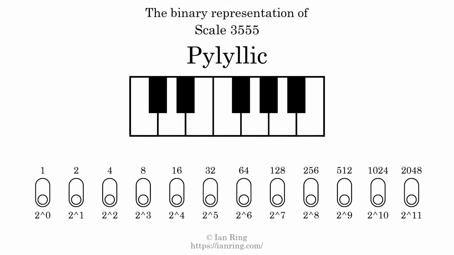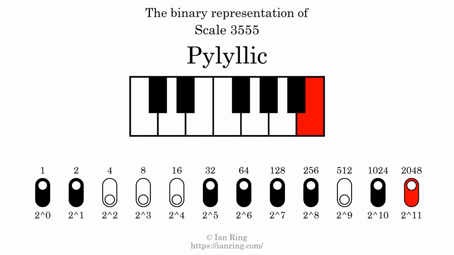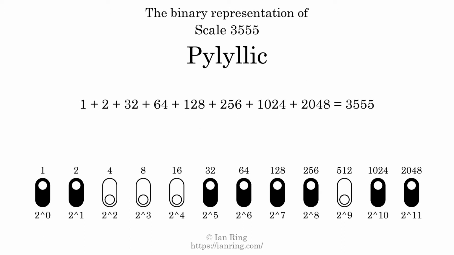The binary representation of this scale is determined by mapping tones of the scale to binary digits. Each binary digit represents a power of 2. To get the scale number, we add the powers of 2 together. The powers of 2 that are present in the scale, all added together, equals 3555. That is why the scale number, in decimal, is